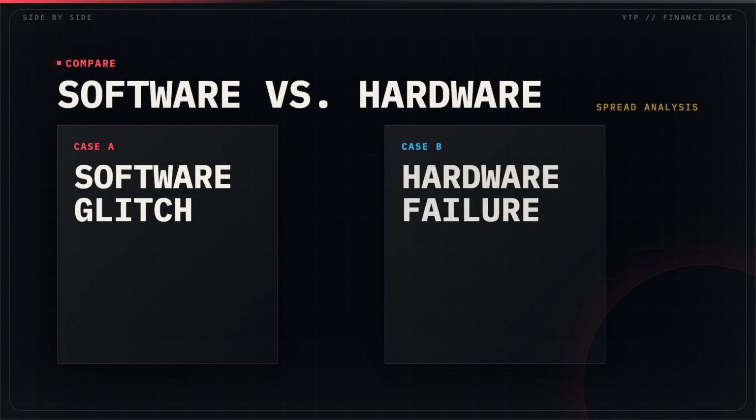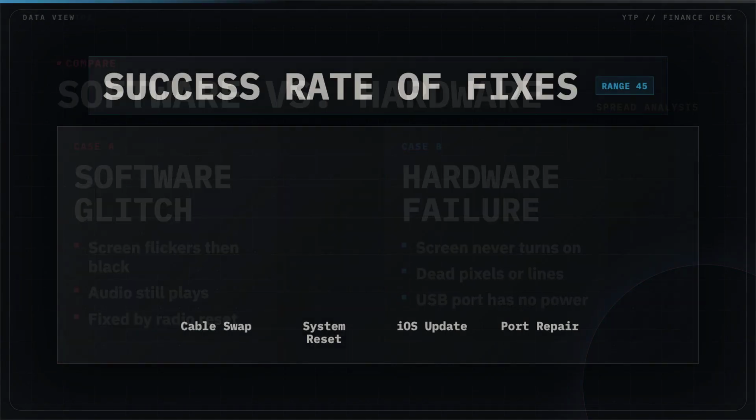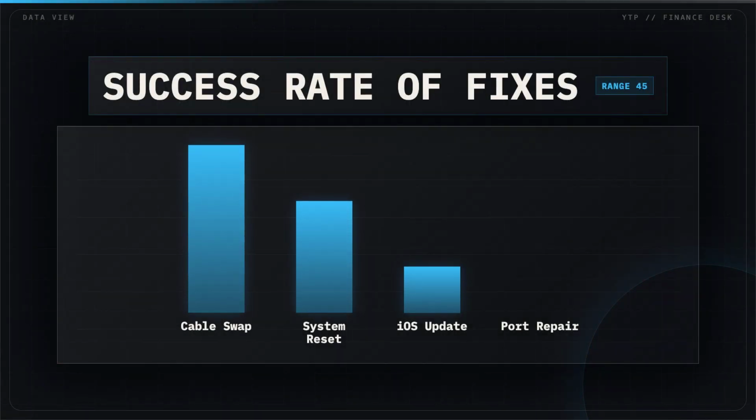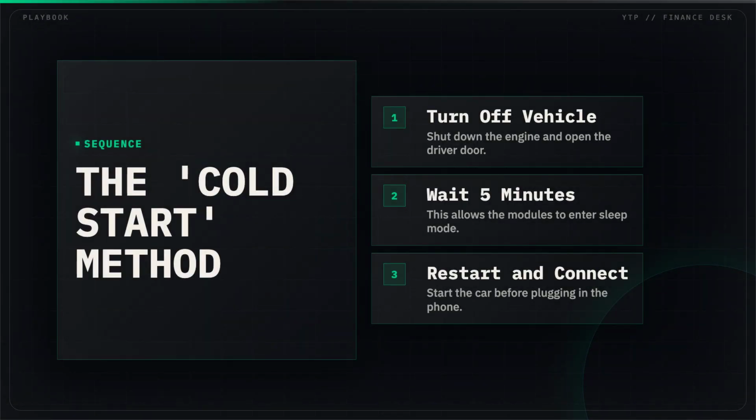If audio still plays while the screen is black, you are likely dealing with a software glitch rather than a broken head unit. Swapping the cable and resetting the infotainment system solves nearly 3/4 of all black screen complaints. If all else fails, perform a cold start by turning off the engine and waiting 5 minutes for the modules